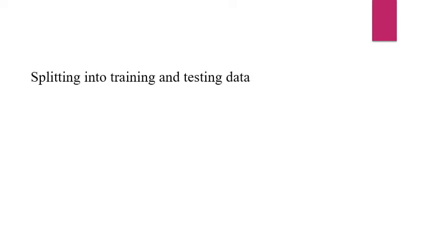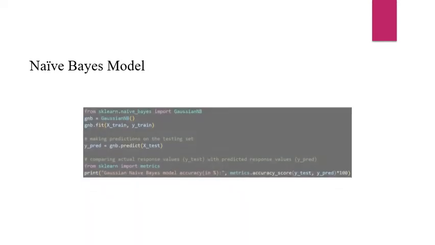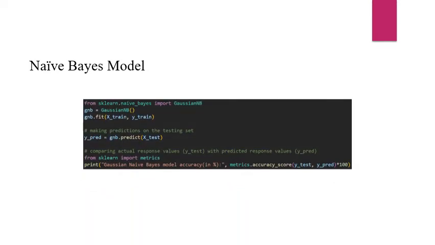Now, in supervised machine learning, we need to split the data into training and testing. Here, we split 80% of our data as training data and the rest as testing. After splitting the data, the first model we used is the naive Bayes model. Here, the word naive represents that the occurrence of a certain attribute is independent of the others. And the Bayes model is simply based on Bayes theorem, which predicts the probability of a message belonging to a certain class, that is spam or ham. The accuracy we got in the naive Bayes model is 84.93%.